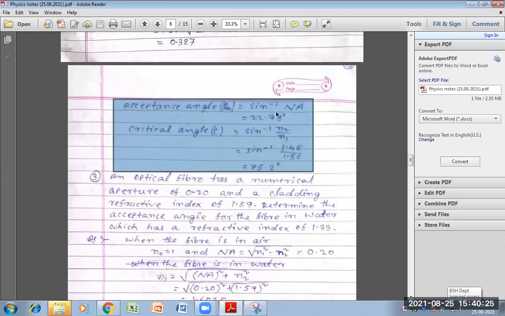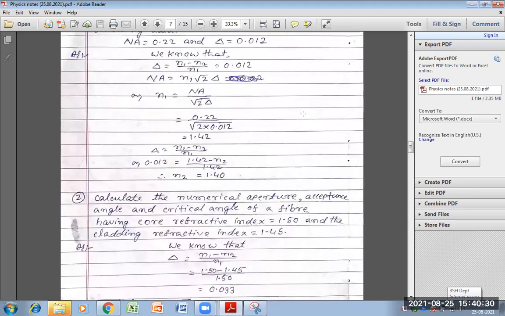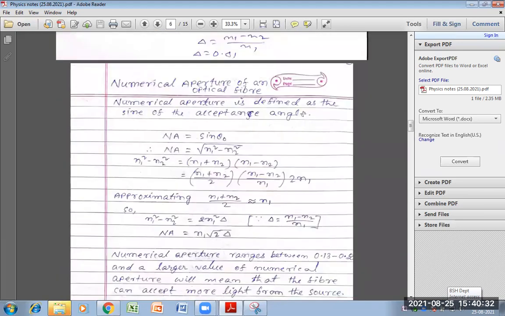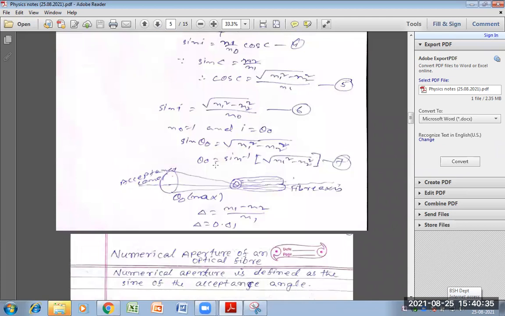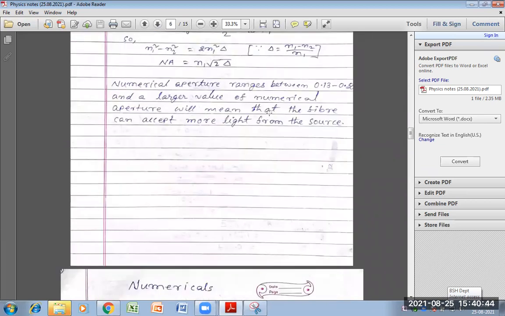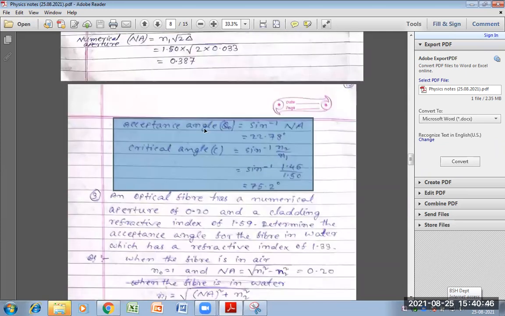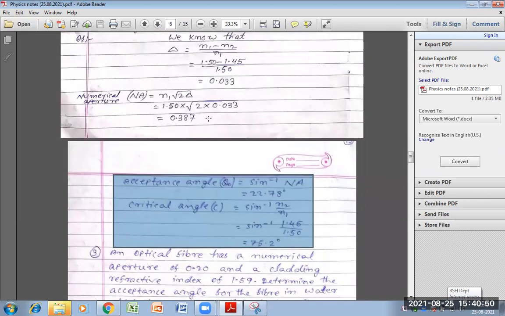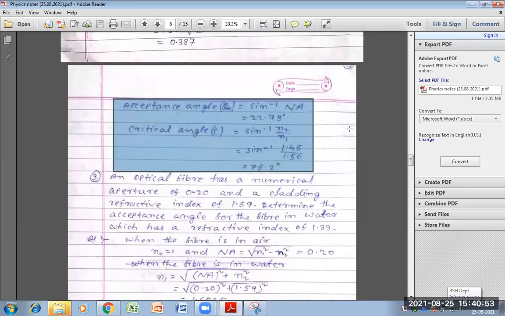एक्सेप्टेंस एंगल इज इक्वल टू साइन इनवर्स NA। देखो तो यहाँ पर साइन इनवर्स ये रूट अंडर n1 स्क्वायर माइनस n2 स्क्वायर का क्या मतलब है, ये NA। देखो यहाँ पर दिया हुआ NA। अब हम लोग क्या किए, इस पार्ट को यहाँ पर पुट किए, एक्सेप्टेंस एंगल इज इक्वल टू साइन इनवर्स NA, NA का वैल्यू कितना मिला है 0.387। आ गया मेरा रिजल्ट कितना 22.78 डिग्री एक्सेप्टेंस एंगल।